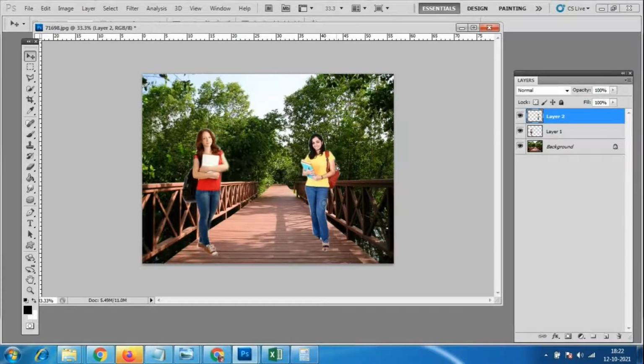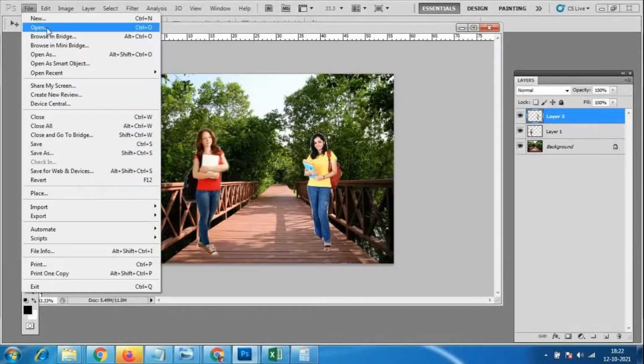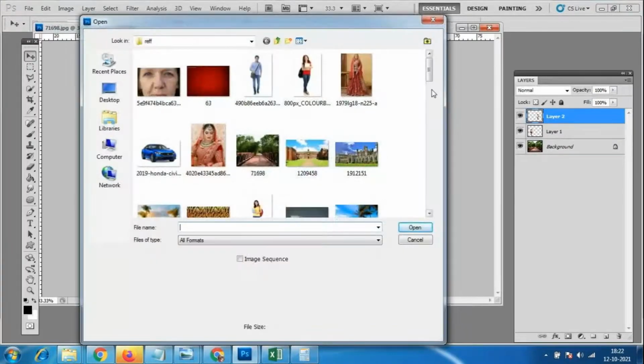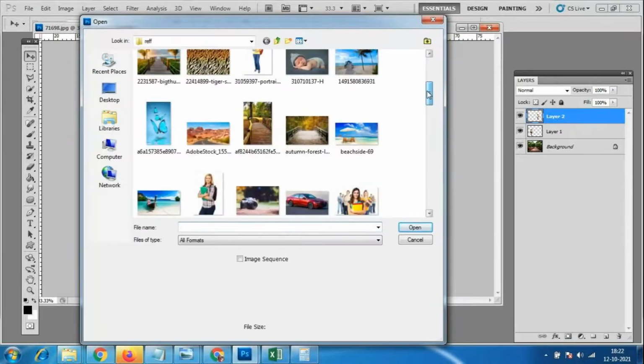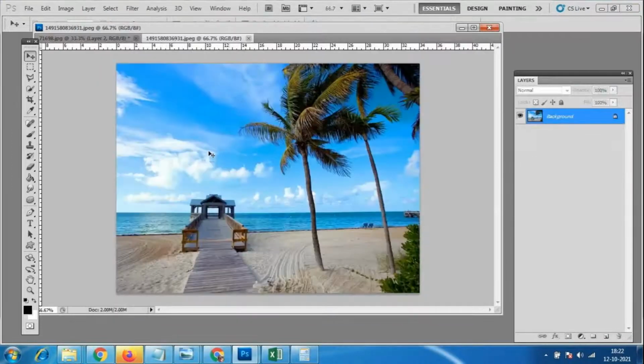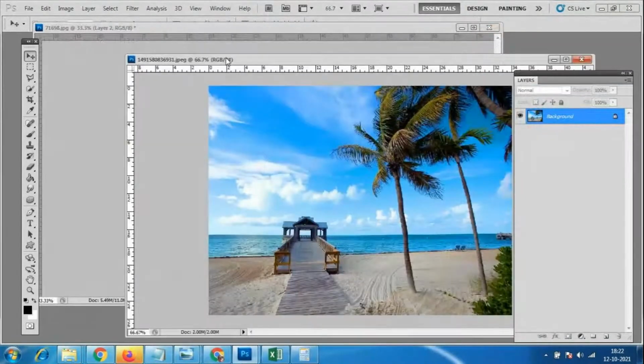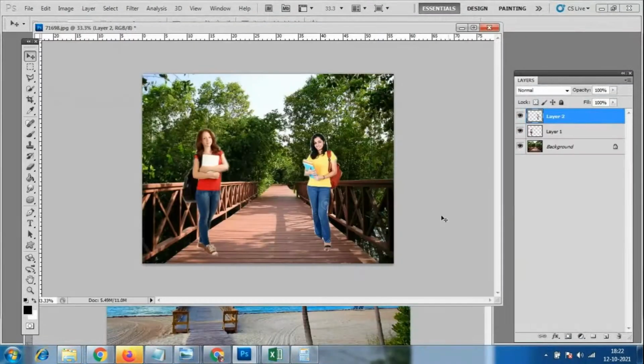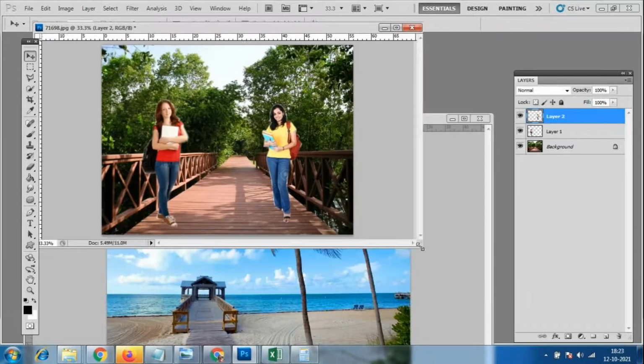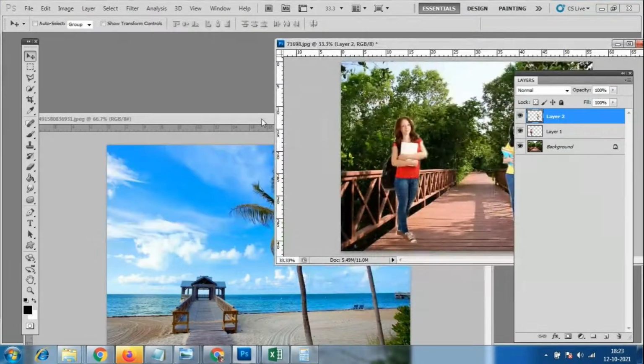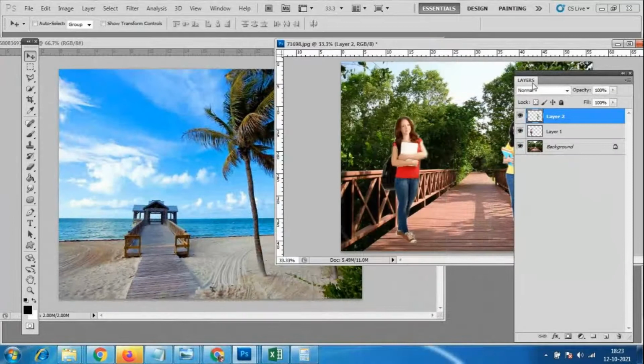Anywhere you can place whatever cut image you already have. Otherwise, if I want to change the background, we can place the same image in the background also. Suppose they are standing here, let me check the quality of the image. Yeah, this is okay. I'll select this image only, keep it a little small and keep it over here.